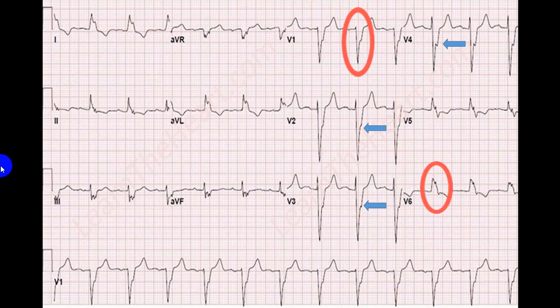Yes, what does this show in this slide? There is something abnormal in these two leads. There is also something abnormal here. Take time again, try to identify it if you can, and then you will come to the most probable diagnosis. I am going to the third slide.